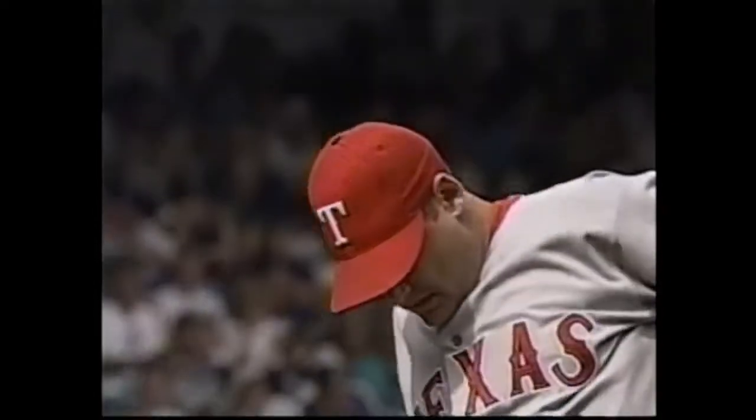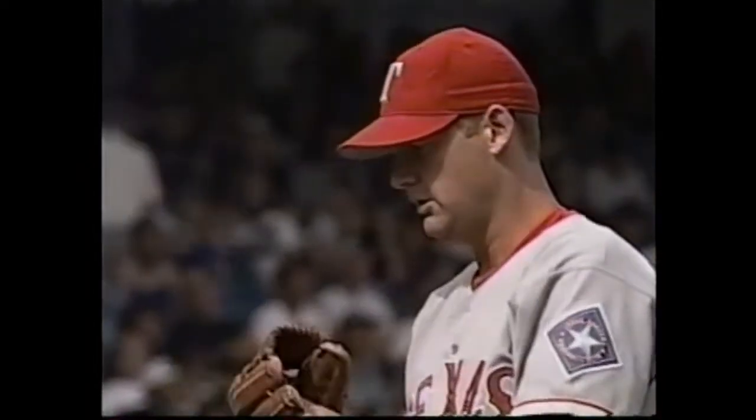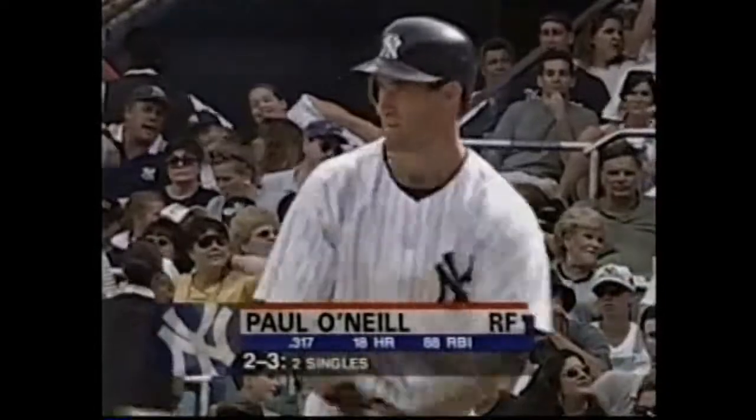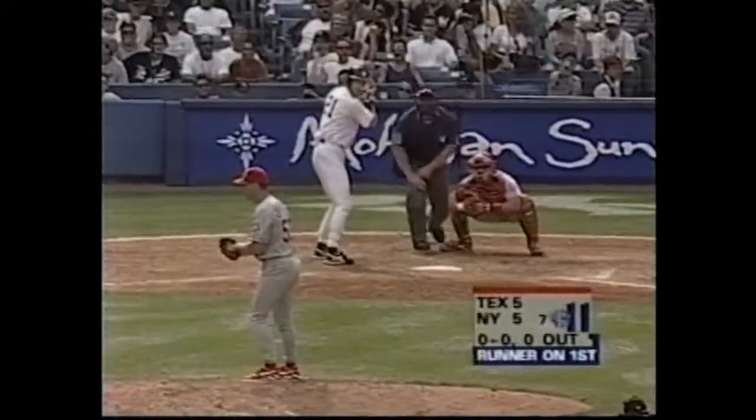Veteran lefty been around. Pitched for the Mets, pitched for the Red Sox, now with the Texas Rangers. Saturday, Eric Gunderson came into the ball game and for the 5th time this season failed to retire a batter. And he'll face Paul O'Neill as his first batter. There's ex-Yankee coach Eddie Napoleon trying to get the attention of the outfielders, trying to move them around. He's moving Mike Sims over a little bit. Paul O'Neill batting .317, 18 homers, 88 RBIs. Nobody out here in the bottom of the 7th. Fly ball